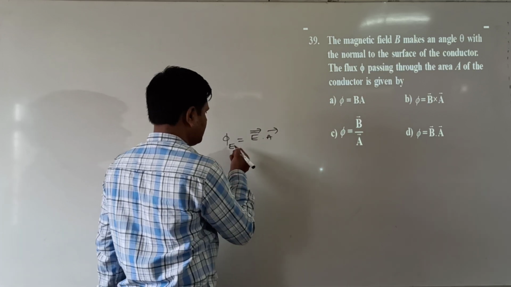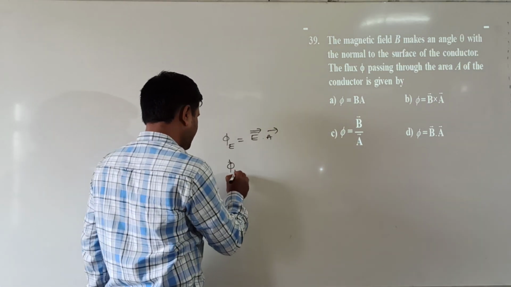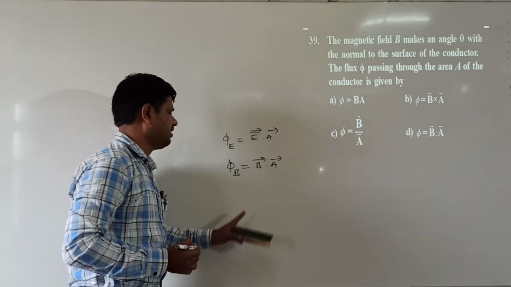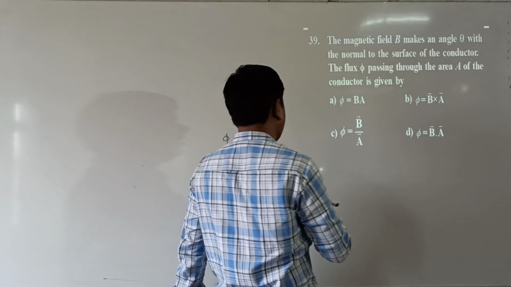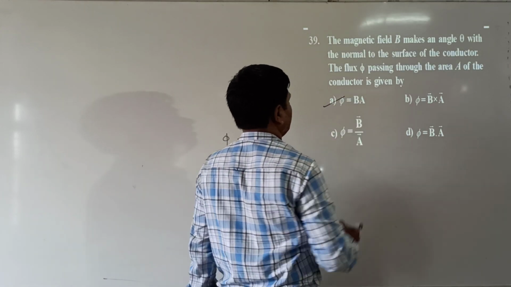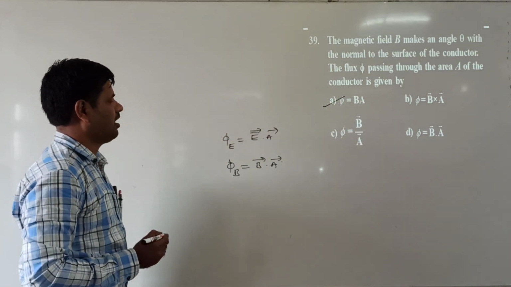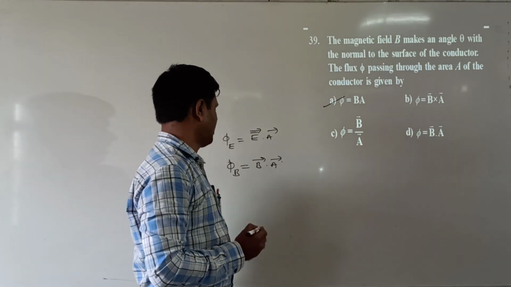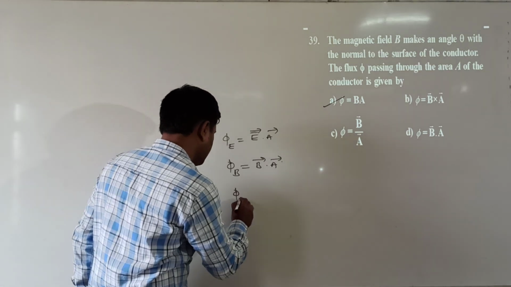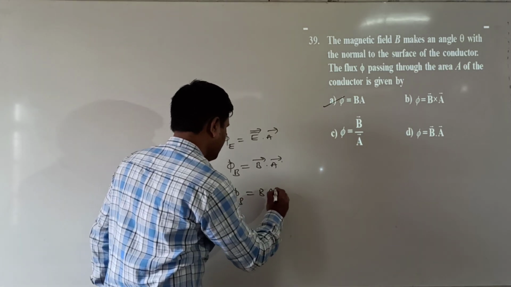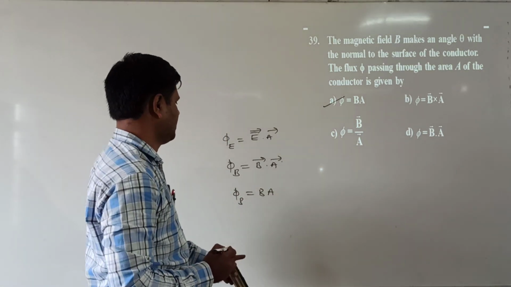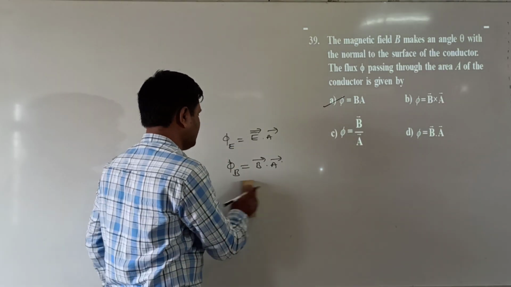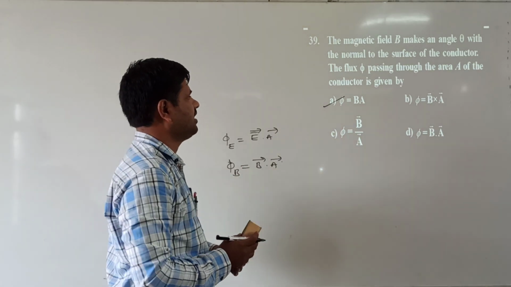Similarly this is the electric flux. Similarly magnetic flux is equal to B dot A. This is the magnetic flux, and this is the electric flux. So B dot A is B into A. Now the flux normal is given, which means this is B dot A. Phi B is equal to BA. Normal means angle 0 is considered. Cos 0 value is equal to 1. That is the reason phi B is equal to BA here.